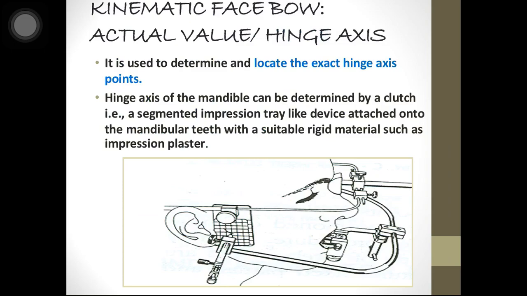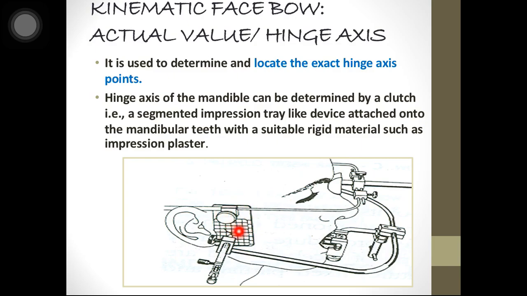The kinematic face bow determines the hinge axis of every individual patient. It is used to locate the exact hinge axis points, and the hinge axis of the mandible can be determined by a clutch, that is a segmented impression tray like device attached to the mandibular teeth with a suitable rigid material such as impression plaster. What it does is join the mandibular teeth to an external device